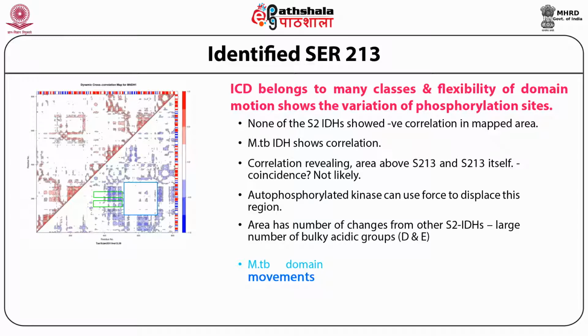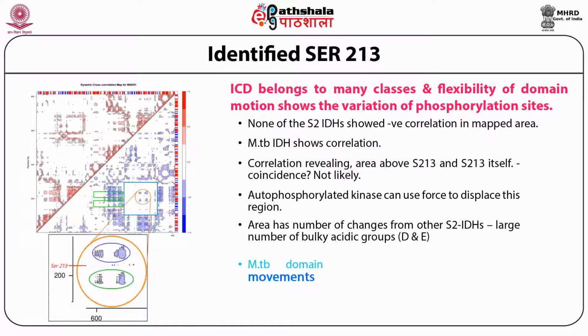This is the sudden appearance of correlation. And this correlation is shown if we put it in a little larger way, that is the correlation between these parts. If we emphasize them, you can see the residues. So serine 213 would come nearby this. And 600, that is the numbering, comes after 400 onwards. So 2 units of ICD actually work. The functional group is 2 units of ICD.